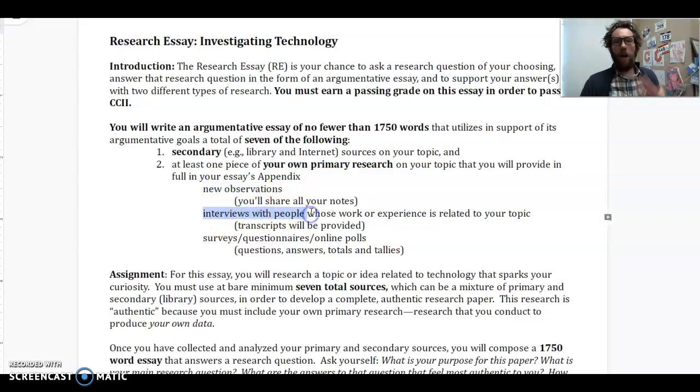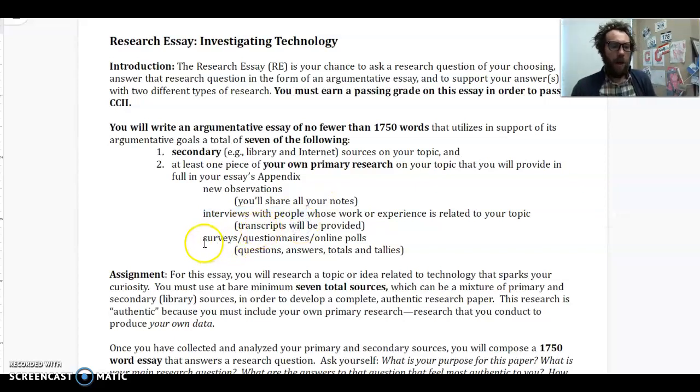Interviews are very popular. They have to be interviews. If you do choose to conduct an interview, you need sort of my approval on who you will interview, because that has to be somebody that has something significant to add to your understanding of your topic. Lots of different ways to sort of define that, but experts in the field are almost always the bar that we have to aspire to. You can't just interview your best friend or your mom, unless your mom has something significant to contribute to the field that your essay is studying. All right, so interviews can work.